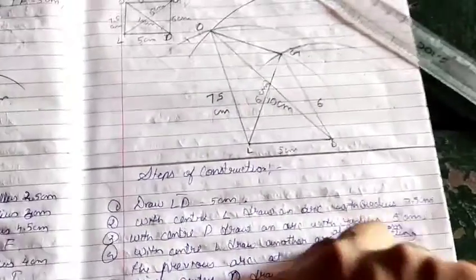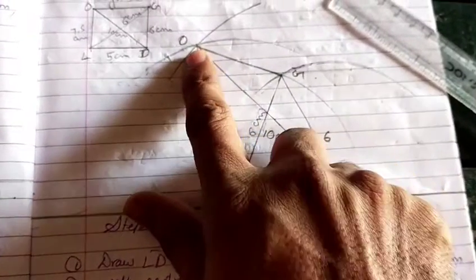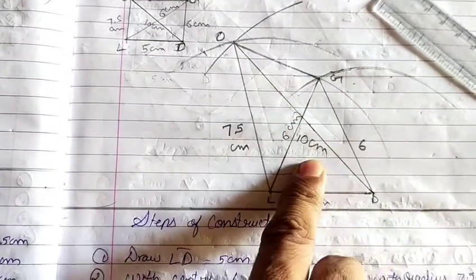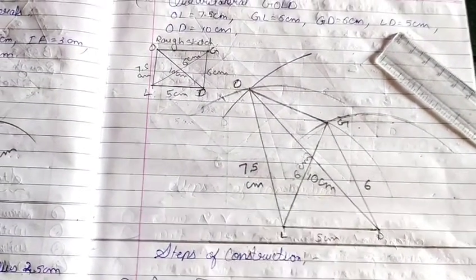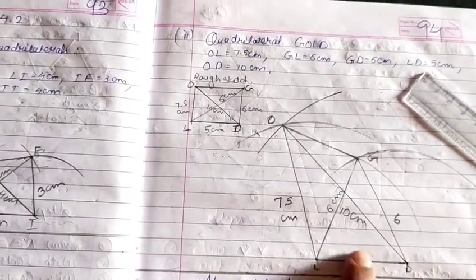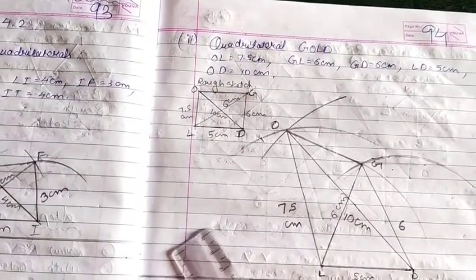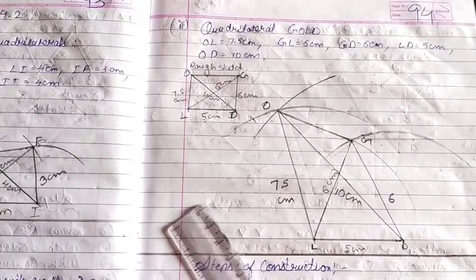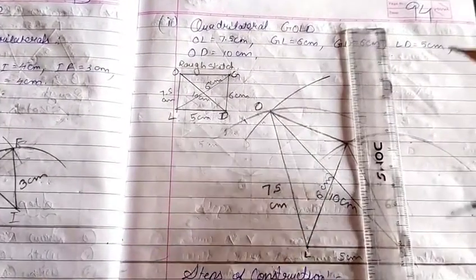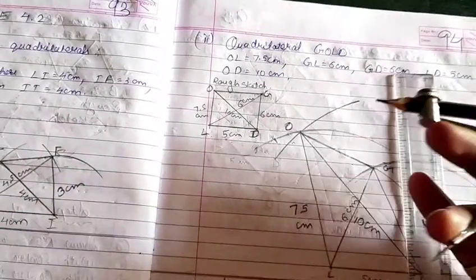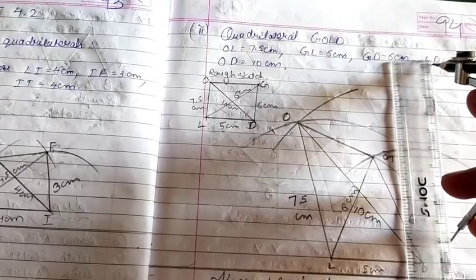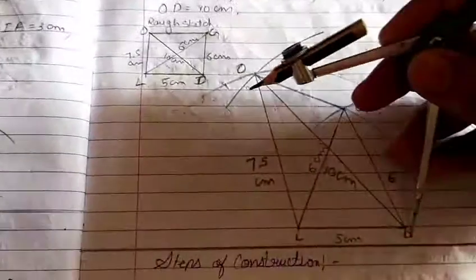Then after that, we need to have one connecting point over here and one connecting point over here, because the lengths of both the diagonals are given. So first, we'll try to draw this 10 centimeter first. How to take 10 centimeter? Place it on 10 and try to take 10 centimeter. See here, dear student.